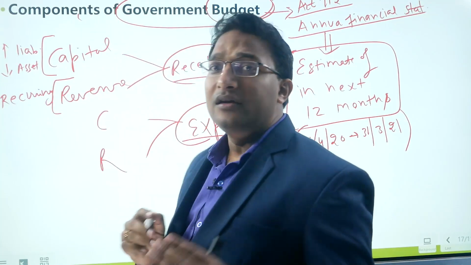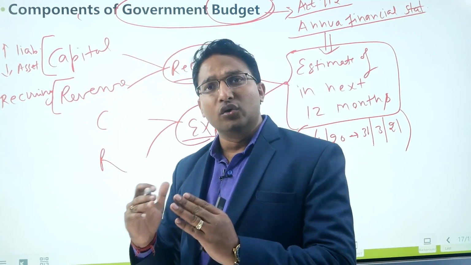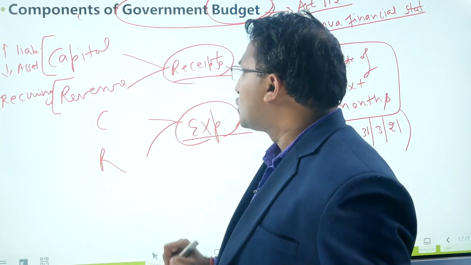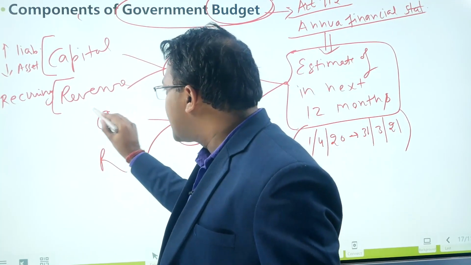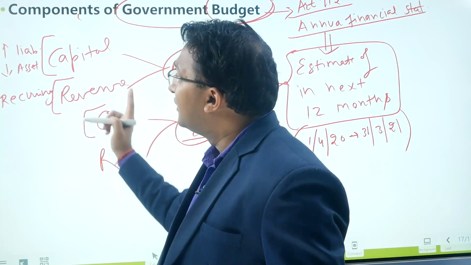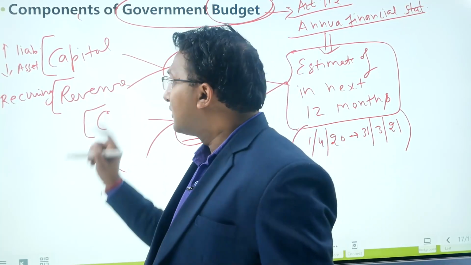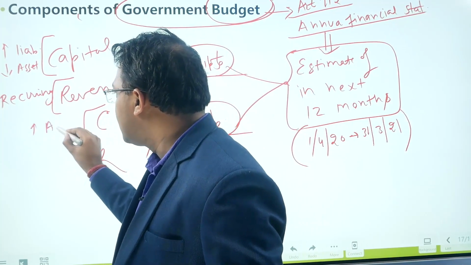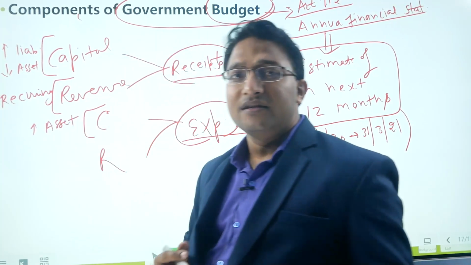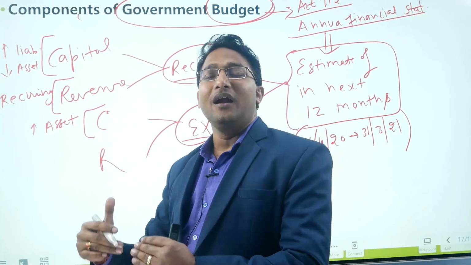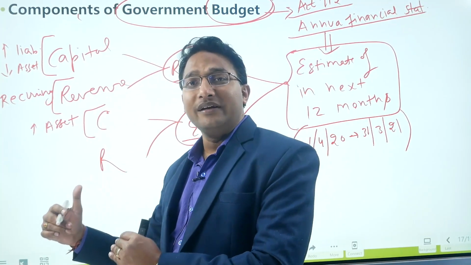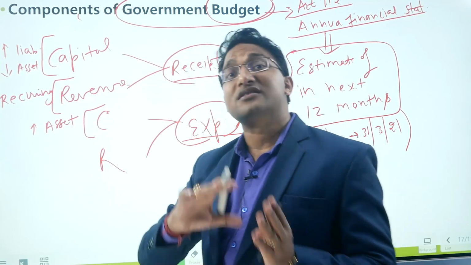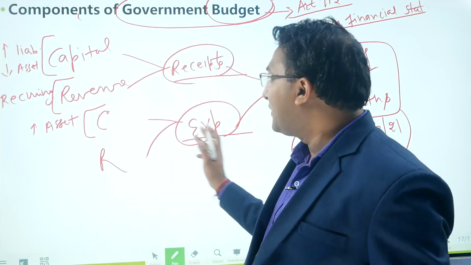And revenue receipt can be either tax revenue receipt or non-tax revenue receipt. Expenditure can be capital expenditure. So capital expenditure is the converse of the capital receipt. So capital expenditure will either increase the asset. Can you think of an example? The example is that we are spending some amount to build a road, power plant, bridge. So all these assets are built and the expenditure on such assets is called capital expenditure.